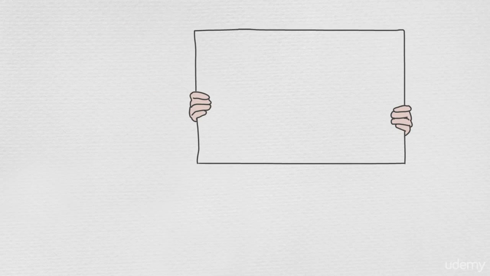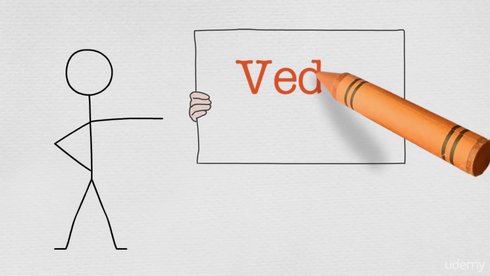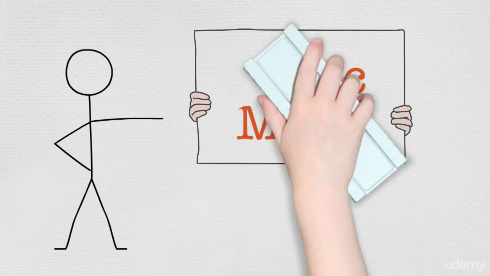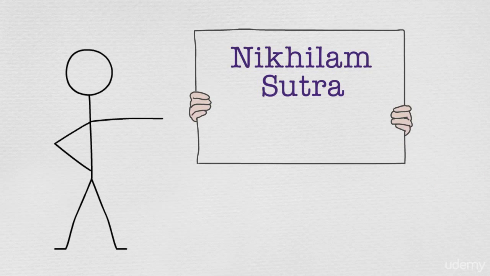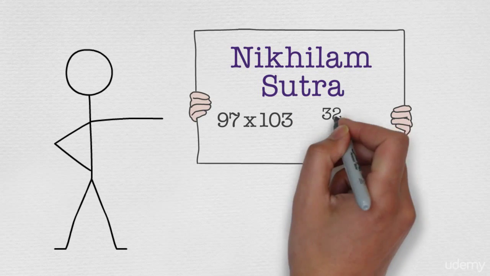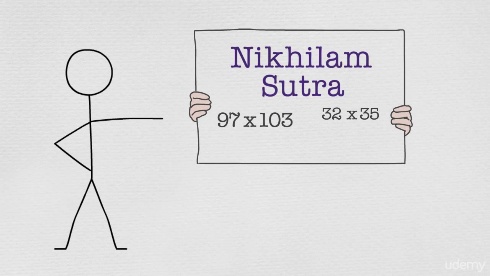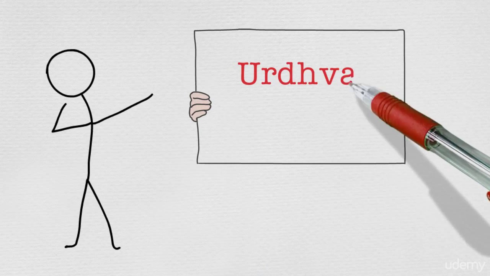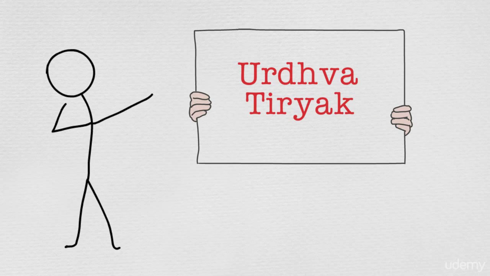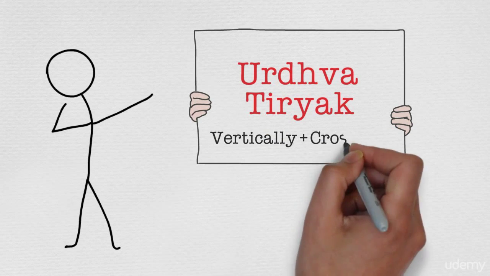This course, as you may have noticed, is sprinkled with Vedic math techniques. For example, we looked at a popular technique called the Nikalam Sutra. This technique helped us multiply numbers close to powers of 100 and other bases such as 30 or 50. We also looked at a more generic method of multiplication called the Urdhva Tiryak Sutra, or the vertically and crosswise